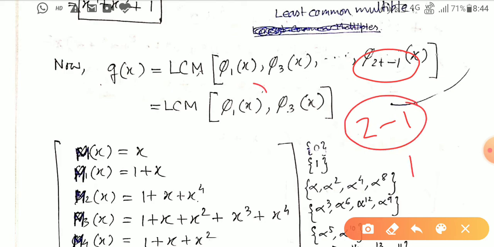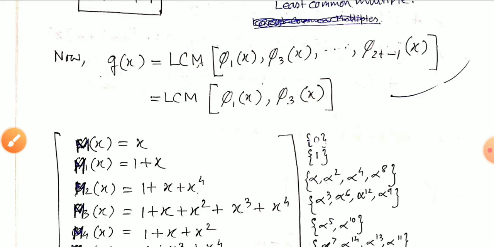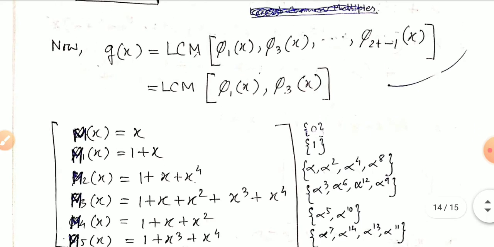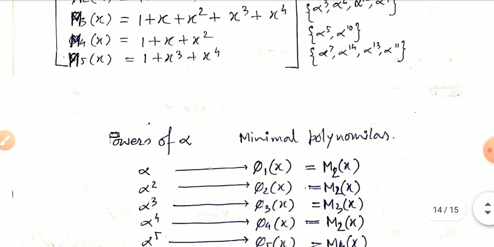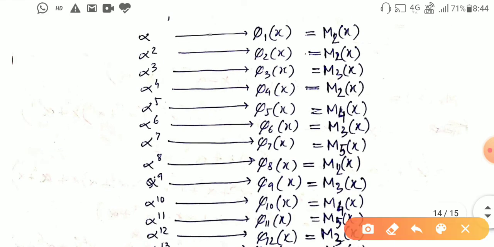So this one is used as the suffix phi 1(x), and when t is equal to 2, it will be phi 3(x). Okay. So these two elements you have to check and multiply, then you can get the value for g(x). So phi 1 and phi 3(x), how can you get this? You already know this one, the table, and for the minimal polynomial you just write down phi 1(x)